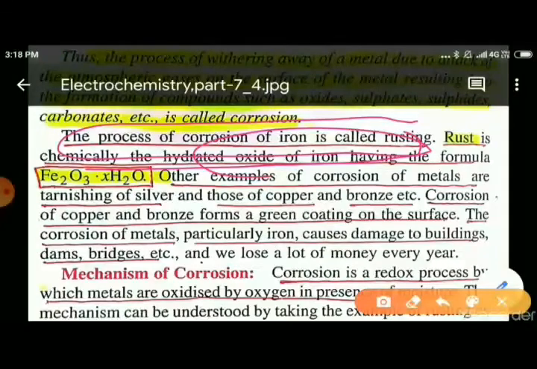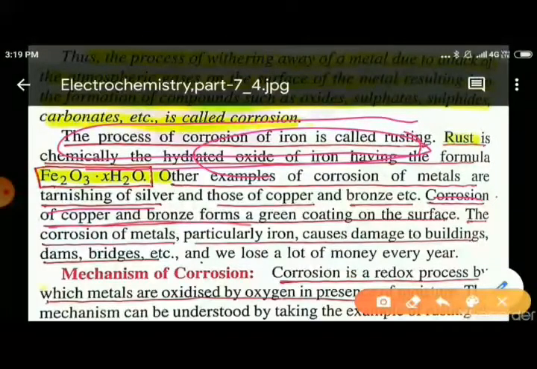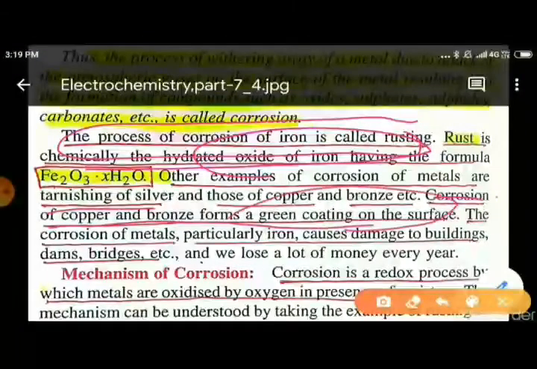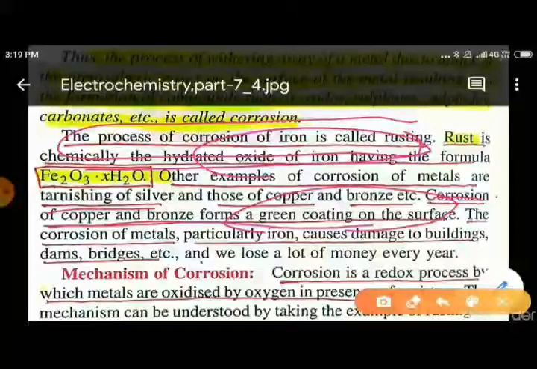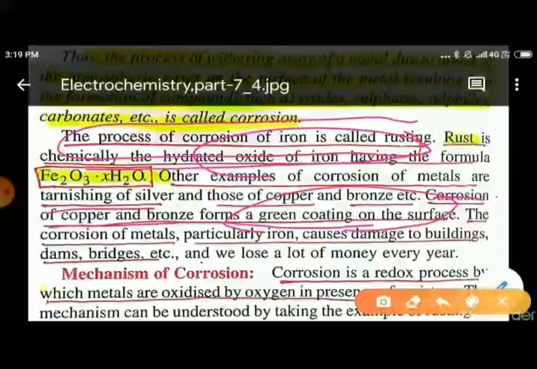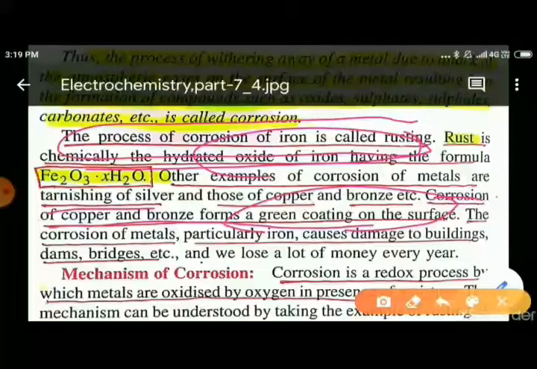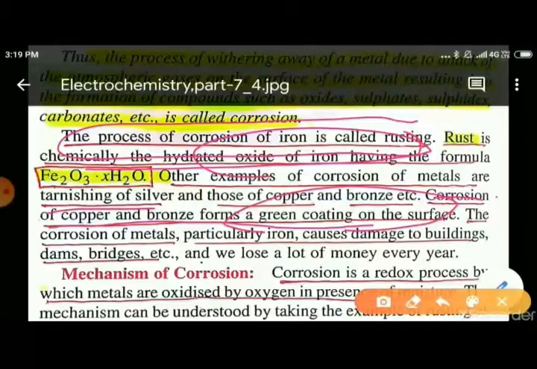Other examples of corrosion of metal are tarnishing of silver and those of copper and bronze, etc. Corrosion of copper and bronze forms a greenish coating on the surface. The corrosion of metal, particularly iron, causes damage to buildings, dams, bridges, etc. In this way,